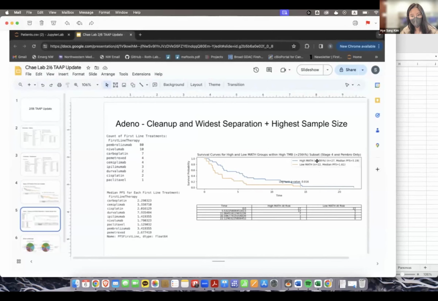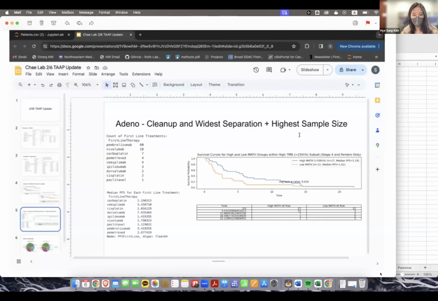So the median. Cutting MATH at the median yields this relationship, which for the purposes of presentation and cutoff selection is pretty convenient. And the p value here is 0.016. Anyway, just something to think about. If you think that this is worth including and not a false positive result, I can then generate a table for the abstract deadline tomorrow or today when you're watching this.